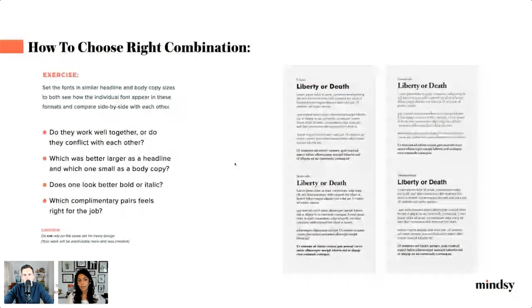And I asked certain questions. Do they work well together, or do they conflict with each other? Which ones are better for the headlines, and which ones are better for the smaller body copy, or which ones are better for the italic or bold? Like Garamond, I like in italic and also for headlines. So just observe,